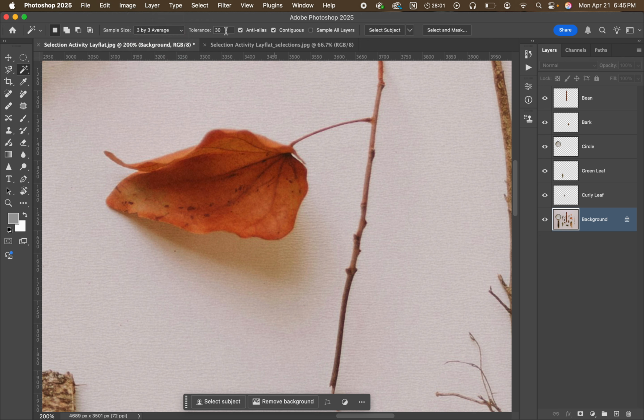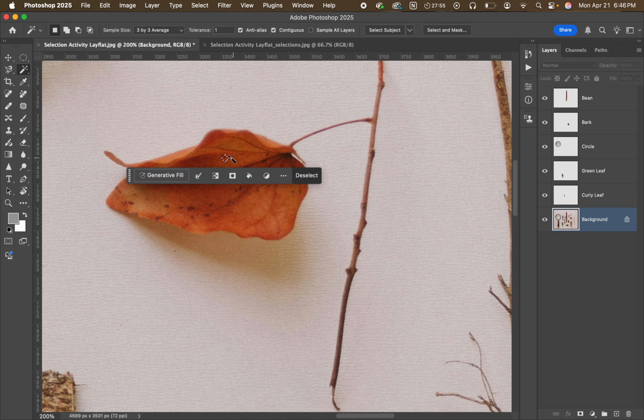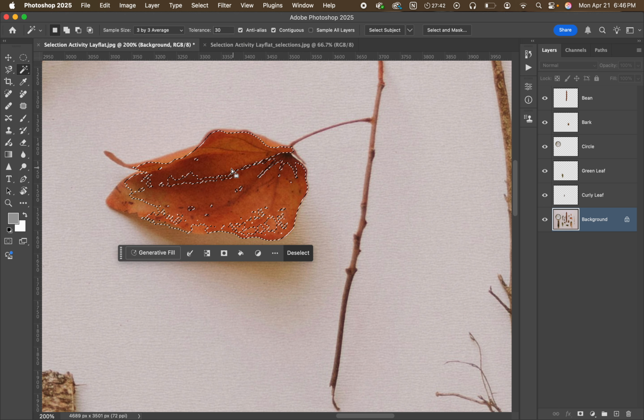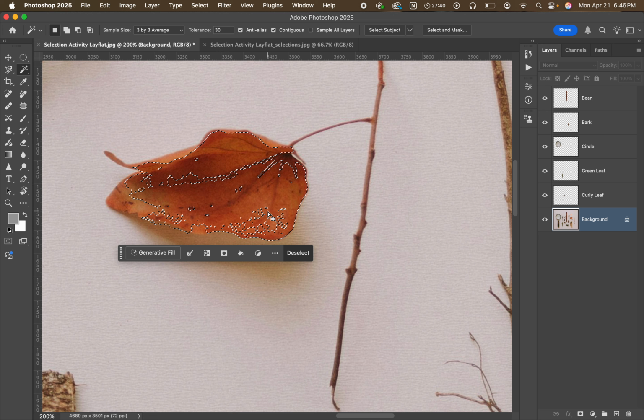So let me show you what I mean. So let's make the tolerance 1, all right? It's going to look on an average of 3 by 3 pixels, and it's selecting a very small area. Now, when we go back up to 30, it's going to select way more. To add to the selection, we don't need to increase the tolerance, but we can just click on Shift and